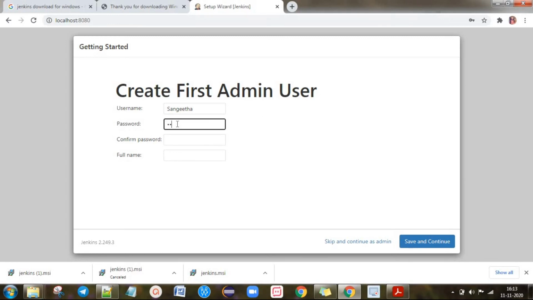Password you have to give. Confirm password. Full name, Sangeeta Nadarajan. Okay, save and continue.